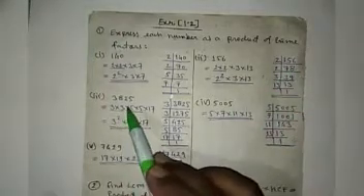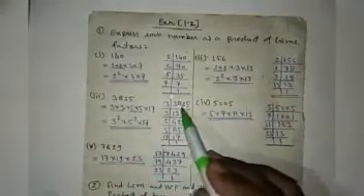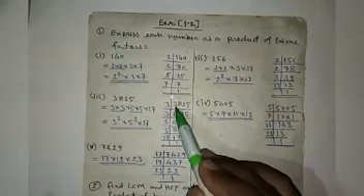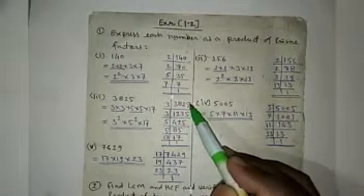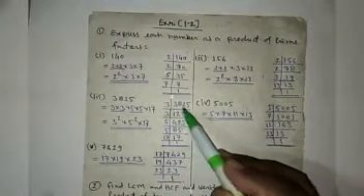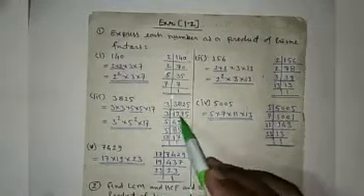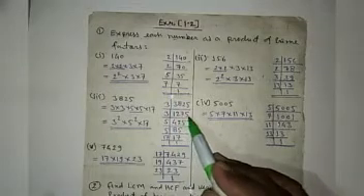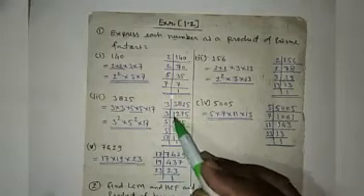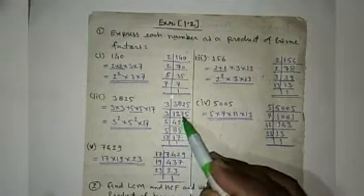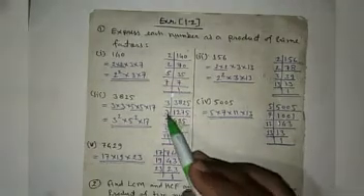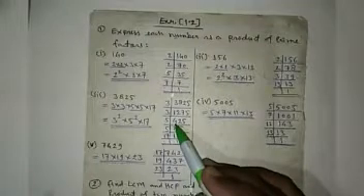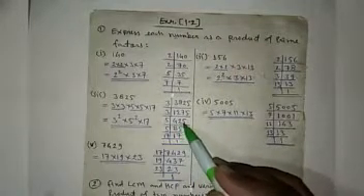The third number is 3825. It is divided again. Here the sum of digits 3 plus 8 is 11, plus 2 is 13, plus 5 is 18, which is a multiple of 3, so it is divided by 3. Dividing, it gives 1275. Here again the sum of digits 1, 2, 7, 5 is 15. So 15 is a multiple of 3, it is again divided by 3. 3 4s are 12, 3 2s are 6, 3 5s are 15.